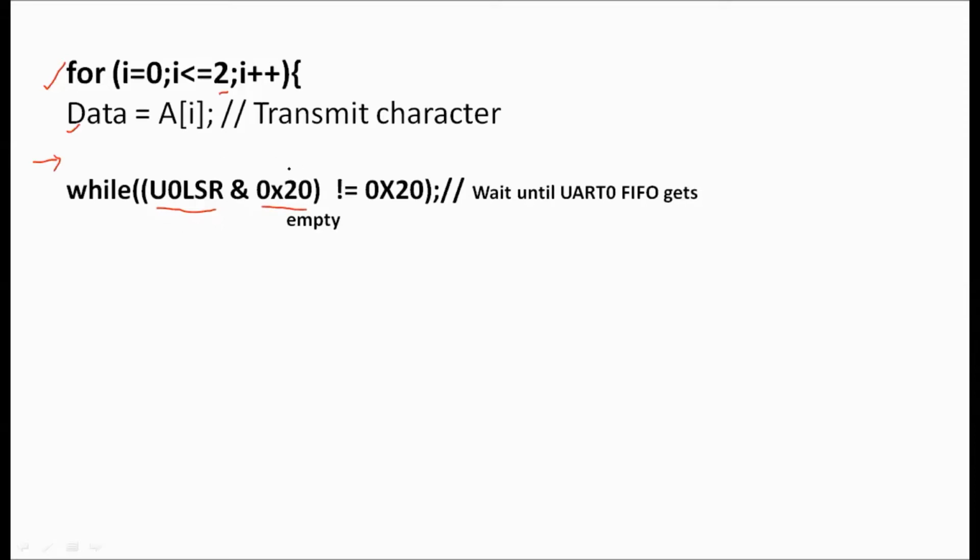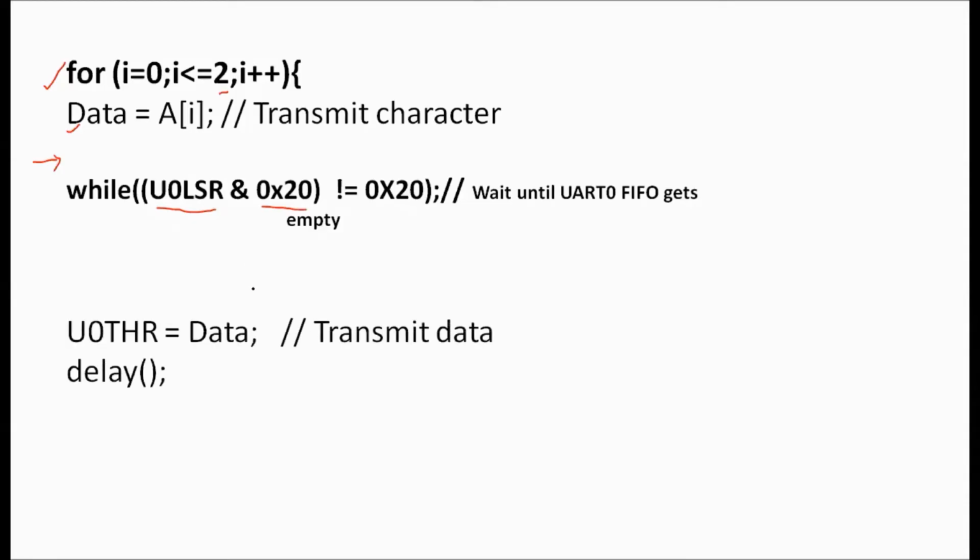So after this AND operation, if it is not equal to 0x20, that means it is not empty. So continuously it will execute this while loop. If it is equal to 0x20, then it will come out of this while loop and you can transmit the